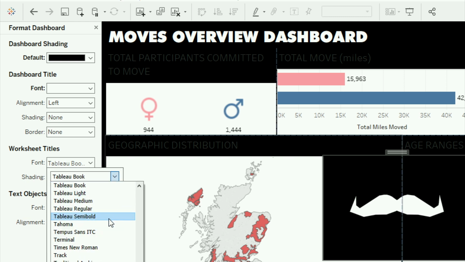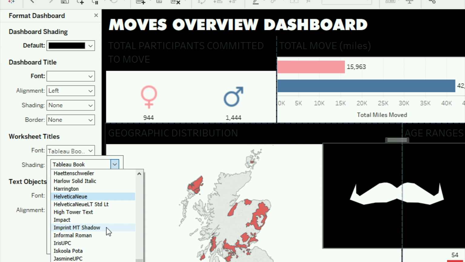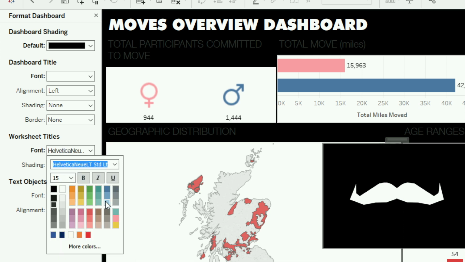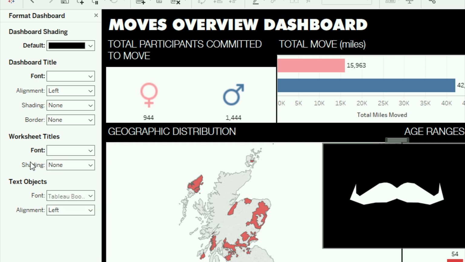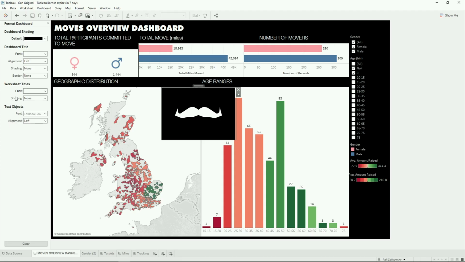So the great thing about using this side menu to change all your titles is that you can apply the same changes from one place to all of your worksheet titles. So you don't have to go in, double click on all those boxes and think about, well, did I make it size 14 or 16? Did I use bold or not? What font did I do? In one place, I can go and change all of those worksheet titles. So if I zoom back out, we can see they all now have our custom font.